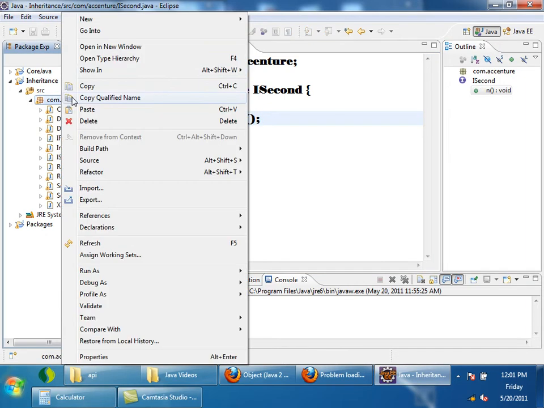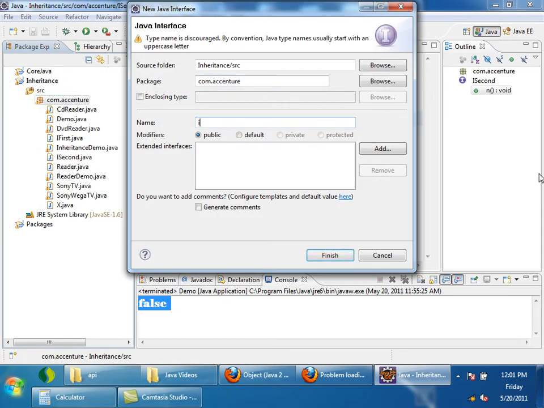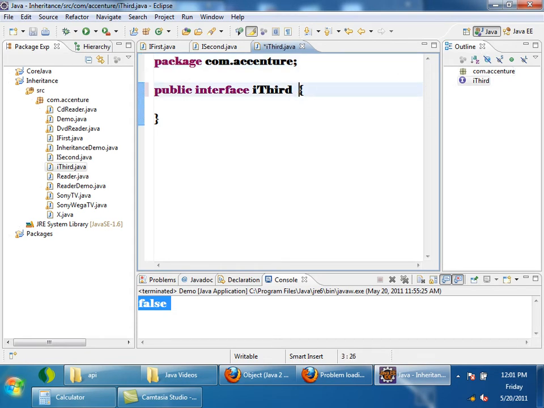Now I will create a third interface also, I third, which extends I first, and I will have a method public void x. Now tell me, how many methods are present in I third? One method m is inherited, so there are two methods. One method is inherited, right?